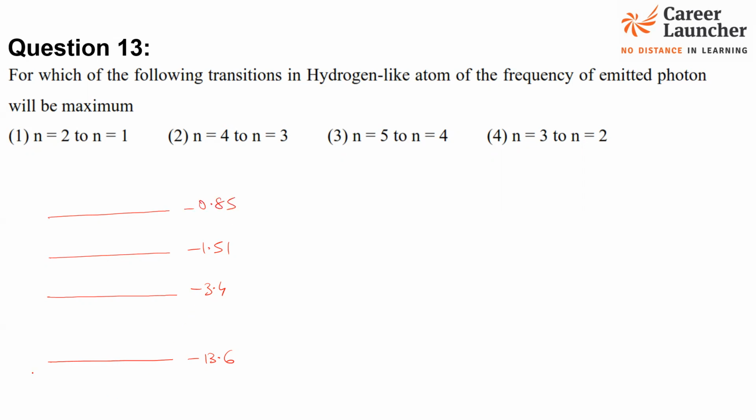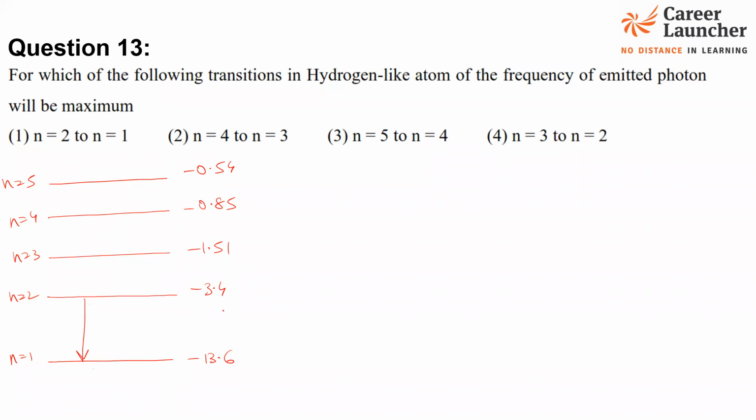As you can notice, as you go up, 1, 2, 3, 4, the gap between the energy levels becomes lesser and lesser. The next would be divided by 25, so that is minus 0.54 for n equal to 5. If you want the biggest jump, or the biggest energy difference, that will come if you are landing on 1. For example, 5 to 4 will be the least, then 4 to 3, even 3 to 2 also. But if you are jumping from 2 to 1,